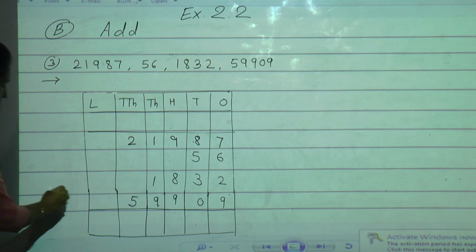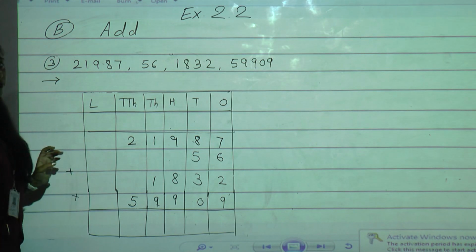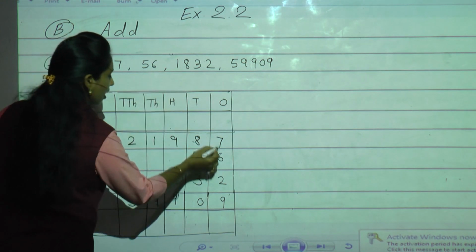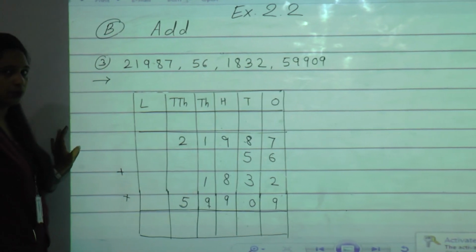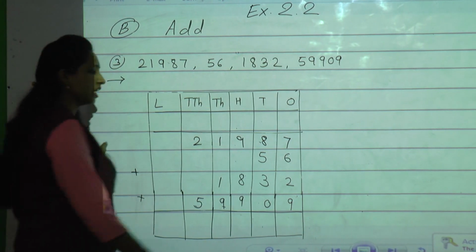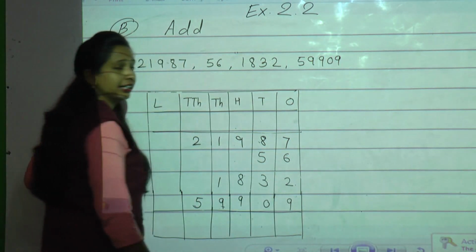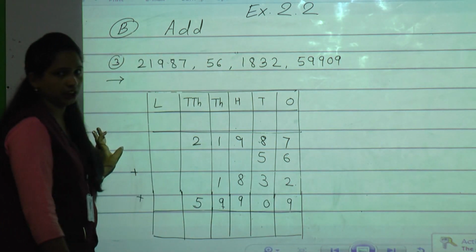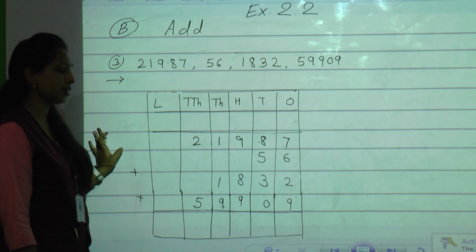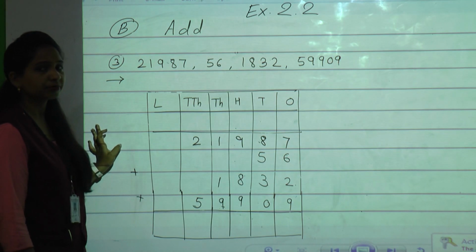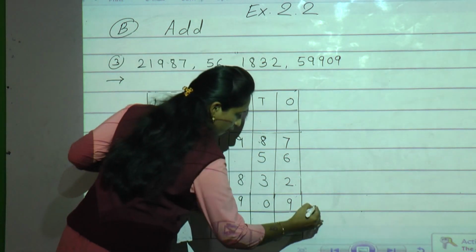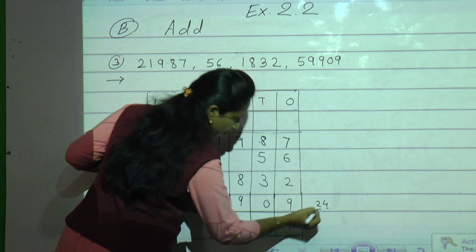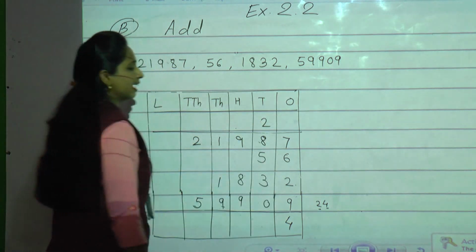Okay. Now we will add directly. We are not going to add on fingers. Now just add in your mind. 7 plus 6. Yes students. 13. 13 plus 2 is 15. Now 15 plus 9. Yes, just think, 15 plus 9 is 24. So how will we write 24? 2 on the ones place, that 2 tens will carry to the tens place.